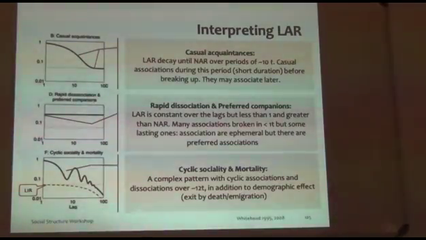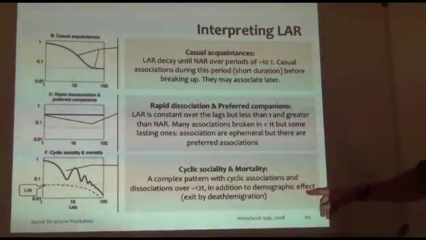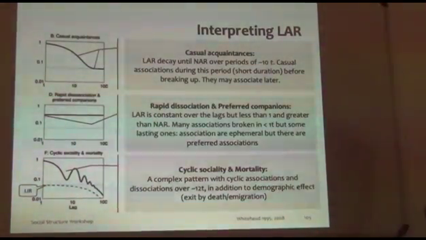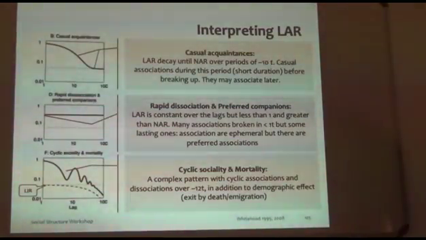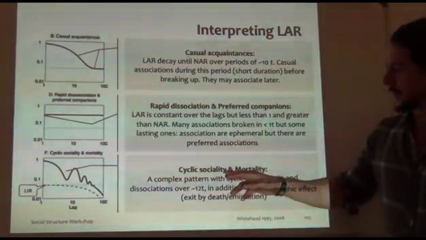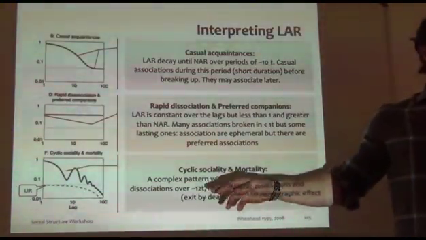And this is the crazy complex pattern. We might have pretty much everything, including demographic effects, usually mortality, but could also be immigration. And I was reading again in the book, and I think